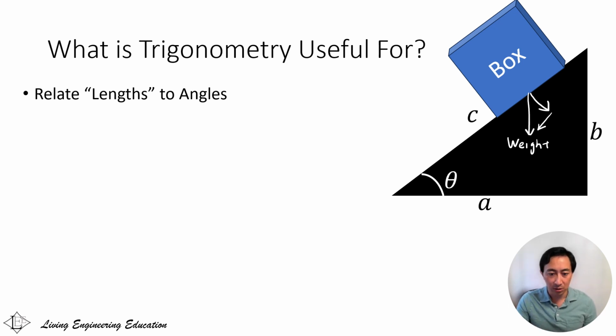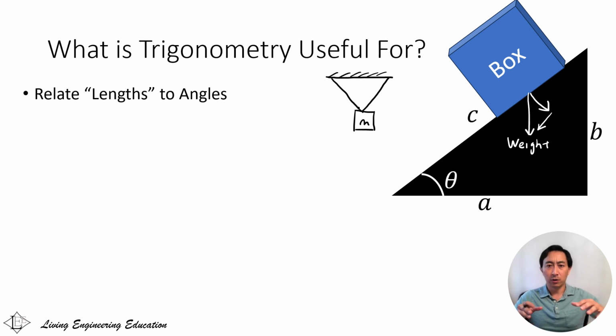We can also look at systems. A common system is for statics. Statics is a form of physics where we look at, maybe something is hanging, maybe you have a block hanging from weights. So these are ropes and there's some mass here, but you can make it even more complex than this. So there's a whole bunch of different combinations where what is dependent on angles is not just a length